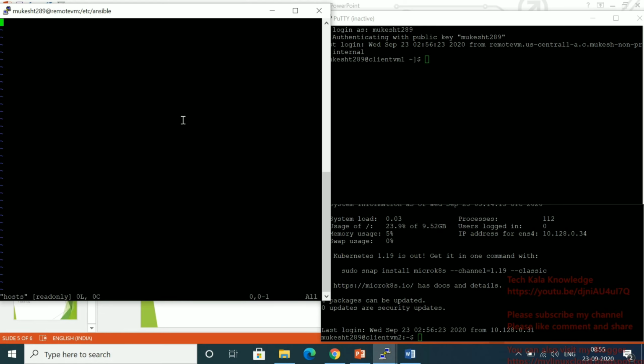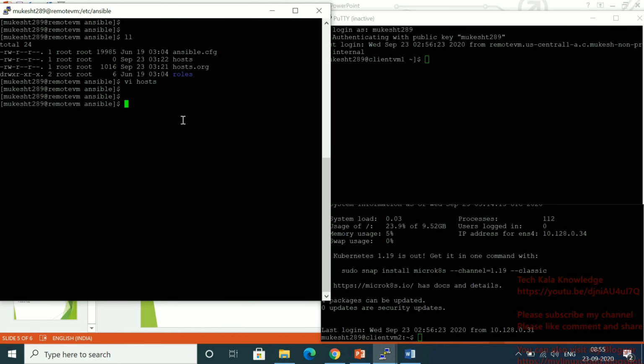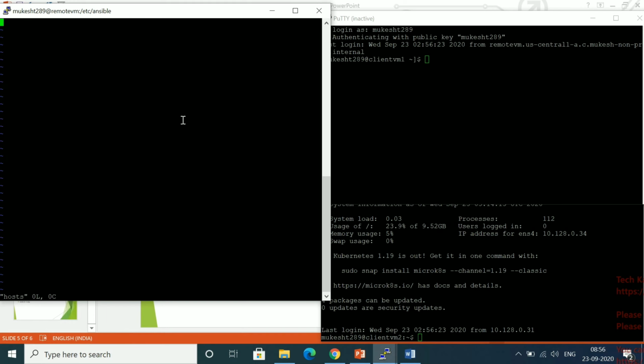So edit, insert. Sudo vi host. Yes, now it's fine.